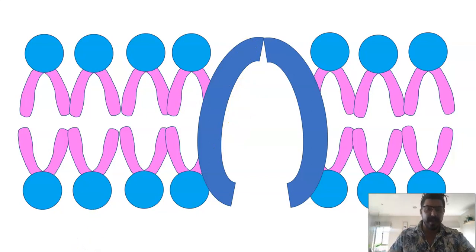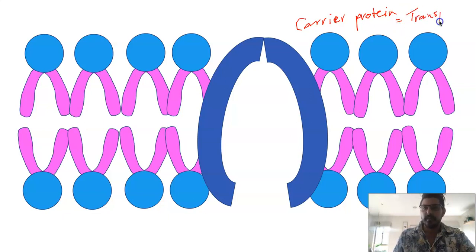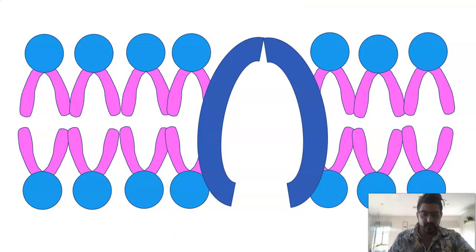This one is what we call a carrier protein. It also has the role of transport, but it does it in a different way. So carrier proteins will open and close depending on what they're exposed to. So if you can see, this would be open to the internal and closed to the external, and then as we need the protein to do different things,